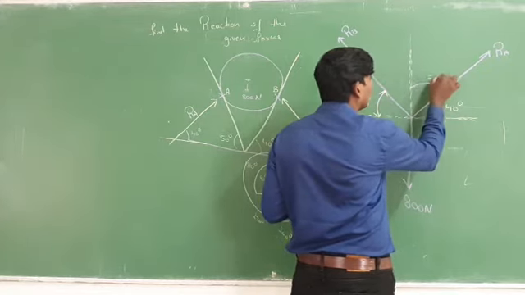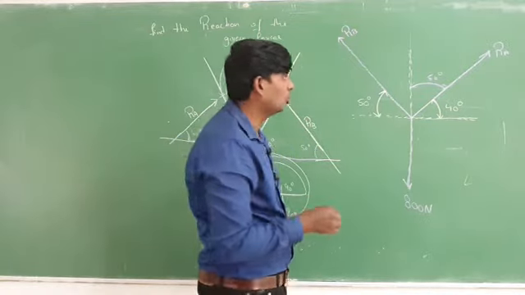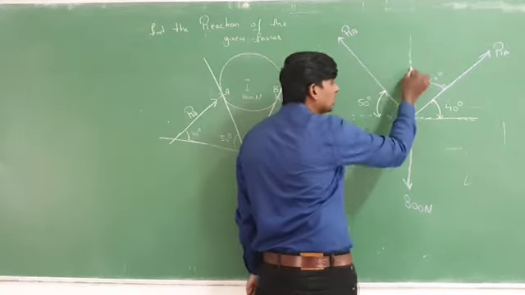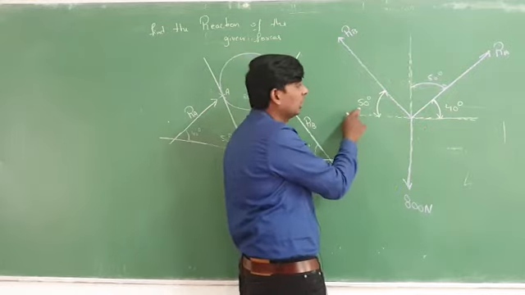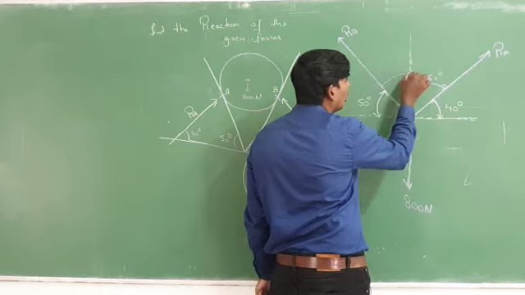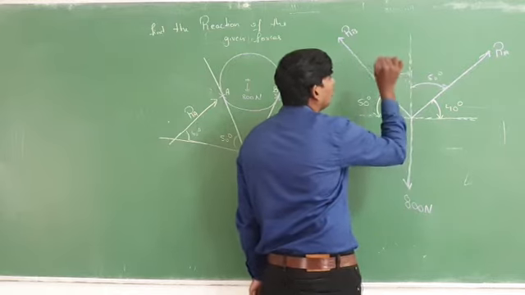This one you can treat as the angle how much? 50 degree. Now next thing what you have to do, see, from here to here how much angle is there? 90 degree. How much does he occupy? 50 degree. So this one you can take as how much angle? 40 degree. This angle is equal to 40 degree.